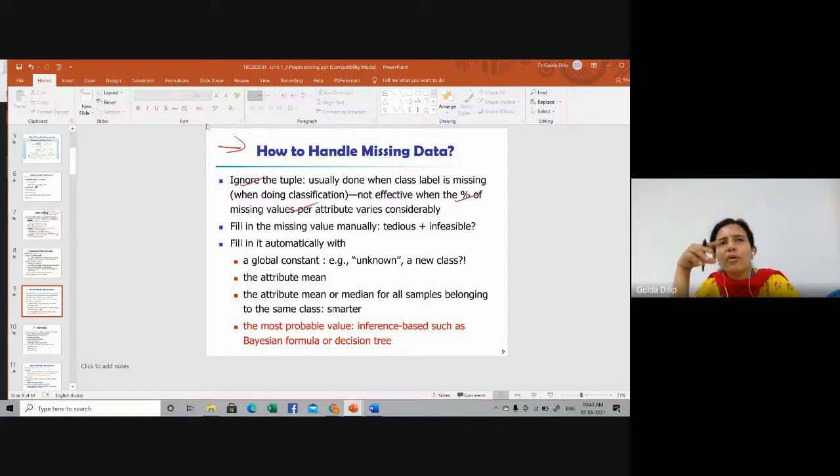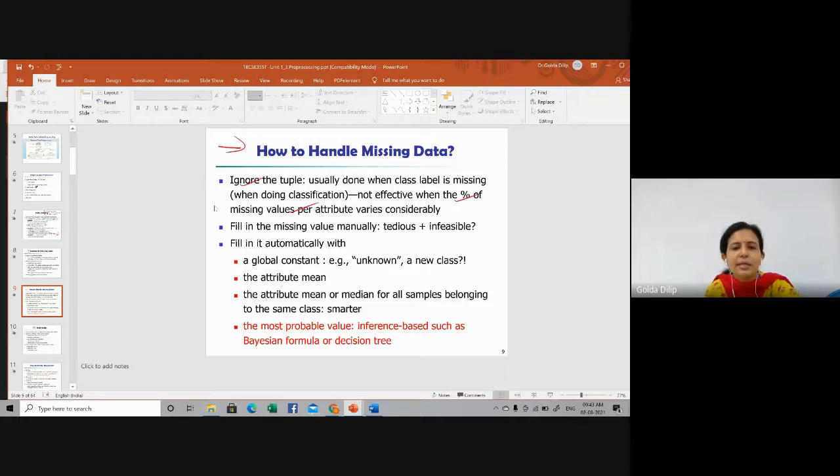If you have many missing values and you start ignoring or deleting those tuples for data analysis, of course the accuracy will be poorer. So ignoring the tuple is dangerous. Again, it depends on how many missing values are there in that particular database. When you're doing classification and the class label is missing, you can ignore that tuple. But if the percentage of missing values is high, then it is dangerous.